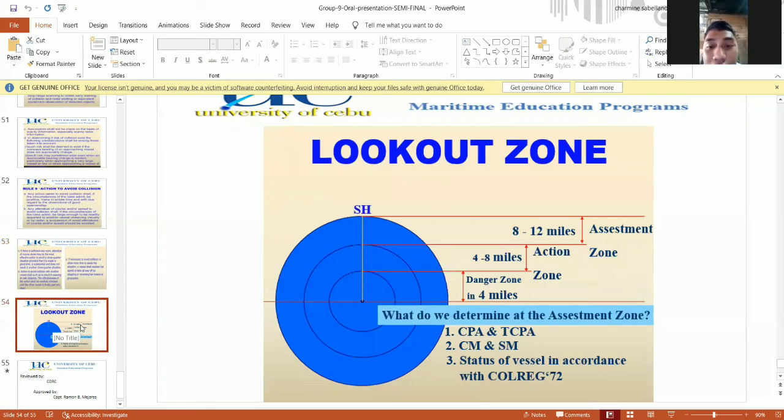Lookout zone. So the lookout zones are the assessment zone, action zone, and danger zone. The assessment zone must be 8 to 12 miles. The action zone must be 4 to 8 miles. And the danger zone must be 4 miles. So what do we determine in the assessment zone? The CPA, or closest point of approach, and the TCPA, or time of closest point of approach. Status of vessel in accordance with COLREGs